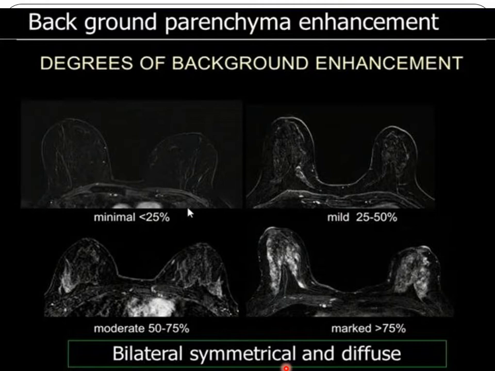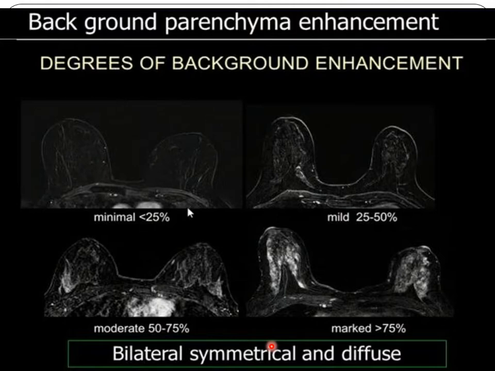1 is almost always fatty tissue, and 2 is scattered fibroglandular tissue, and the third one is moderate, and the fourth one is extremely fibroglandular tissue. We talked also about the background parenchymal enhancement. What is the background parenchymal enhancement, and where you have to look for the background parenchymal enhancement in the acquisition,